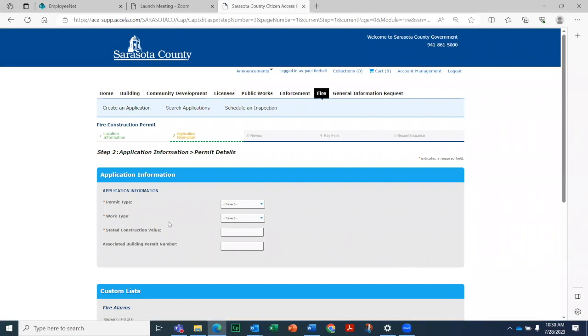The application information. At this point in time, this is where you'll actually select from the dropdown which one of the systems you'll be applying for. Whether it's a cellular communication module, which would be for a permit strictly for changing the method of communication to cellular or one-way radio, an underground main permit, or a hood suppression permit.